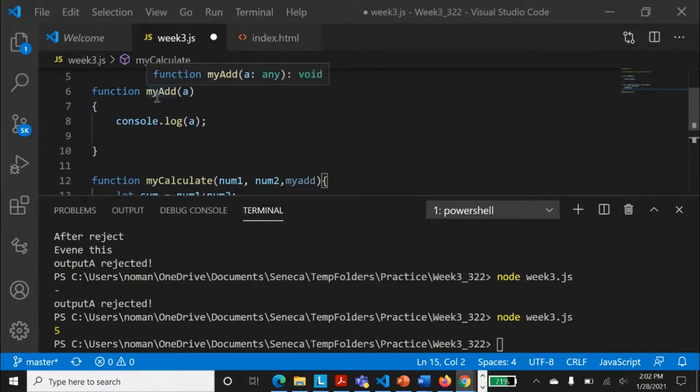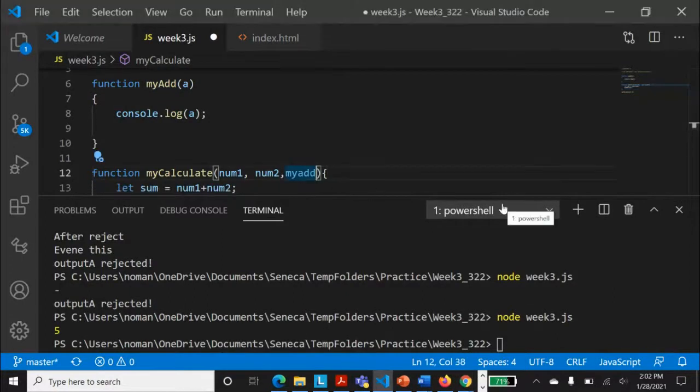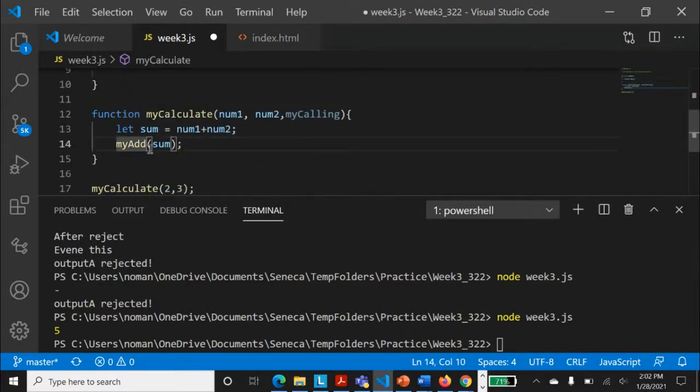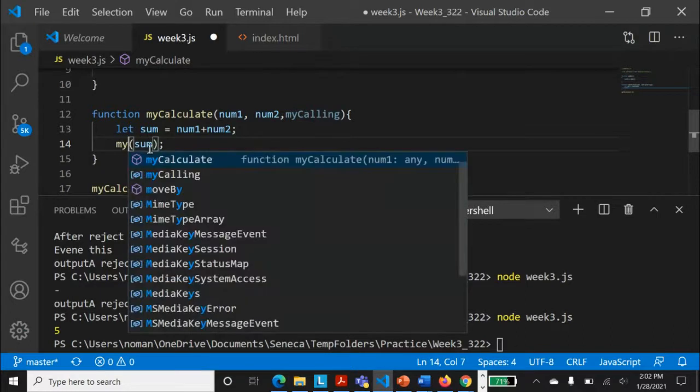My add is the function that I am passing. So I'm just calling it with the function name, and let's call that.